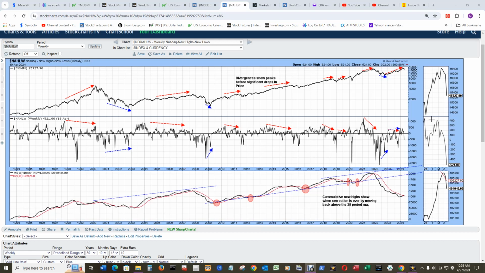We could draw a downtrend arrow here, and up here in the price it was pointed up. So a slight bearish divergence that looks like came to fruition for a major downdraft really, and it pushed the new highs, new lows in the bottom window back under the 39 simple moving average signal line,